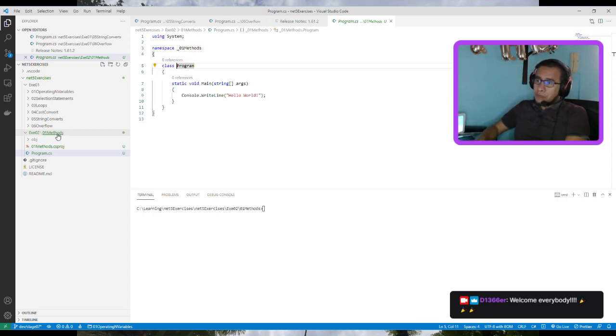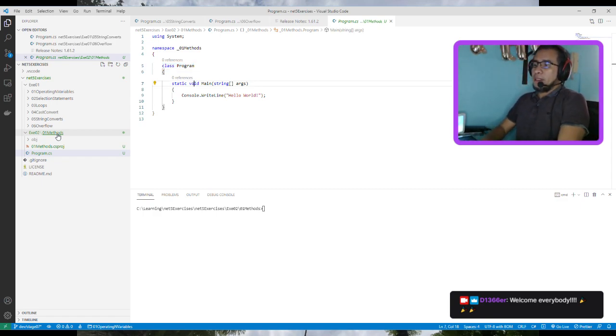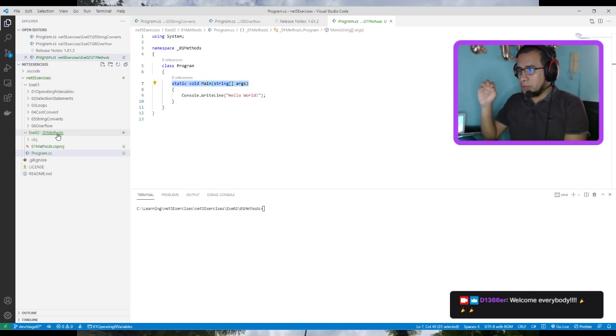Then we have a class, the class Program, and this is a special class because that class is the one that is going to be executed by the console application that we have created. Now, it has a specific method, static void Main. This is always going to be in this way, static void Main, and it has some input with the name of args. This args is a string array,